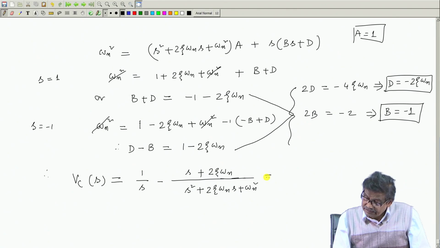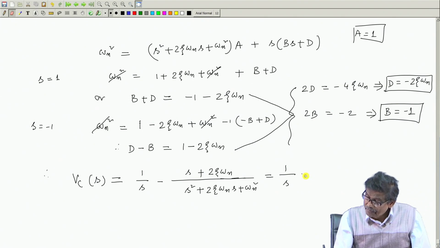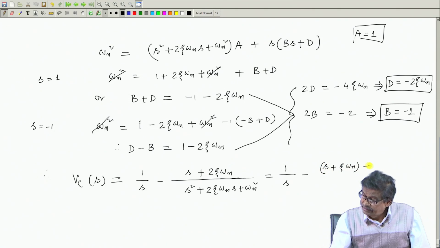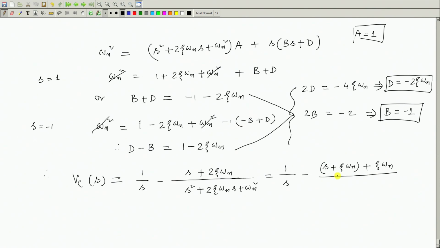Now, this is nothing but 1 by S minus, this I will write as s plus zeta omega n. Now, you see what I am doing, plus zeta omega n and divided by this one is s plus zeta omega n whole square plus omega n square into 1 minus zeta square. This is the thing,